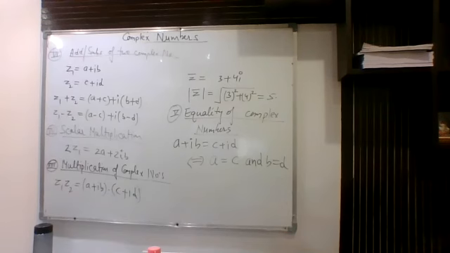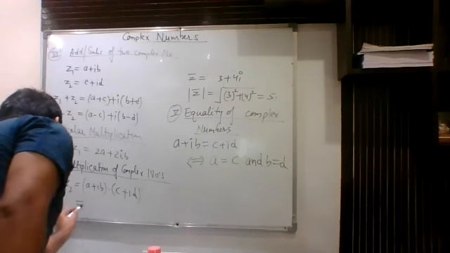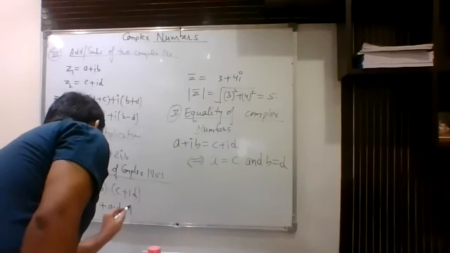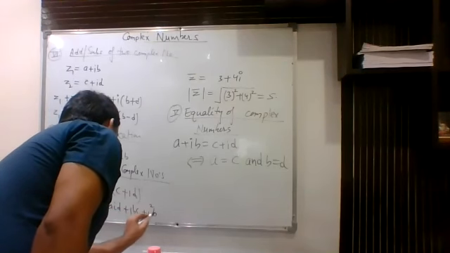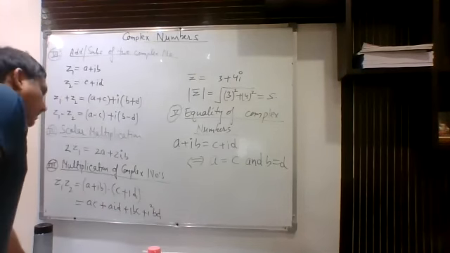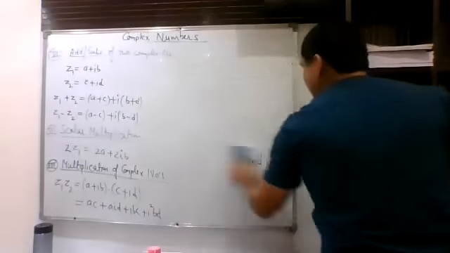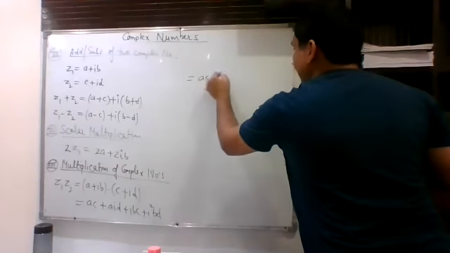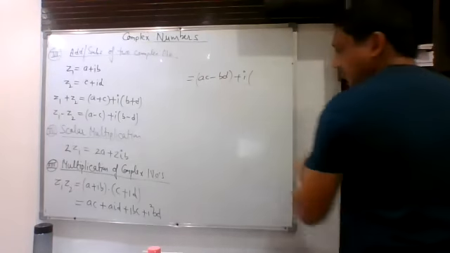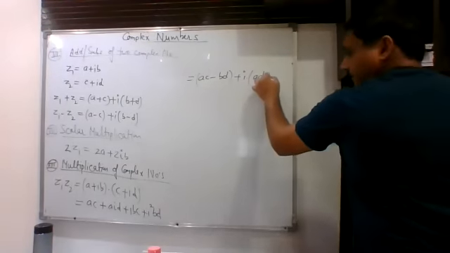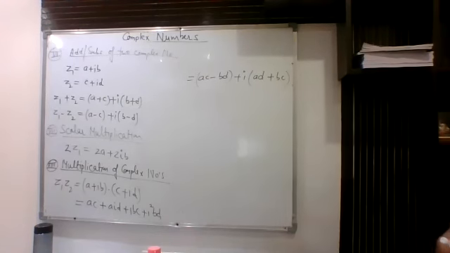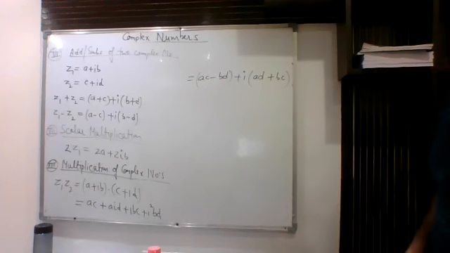So now let us open these brackets. When you expand these brackets, you will get this as ac plus iota ad plus iota bc plus i square into bd. Now this i square can be written as -1. In the last expression where this i square is coming, that can be written as -1. So this will become minus bd. So this is the real part, ac minus bd, and the imaginary part will be ad plus bc. So this is how we can perform multiplication of two complex numbers.